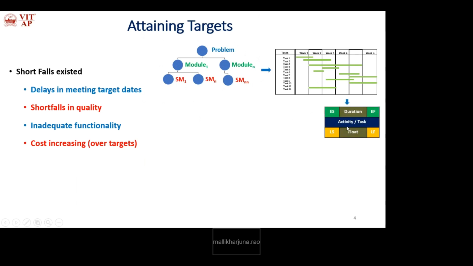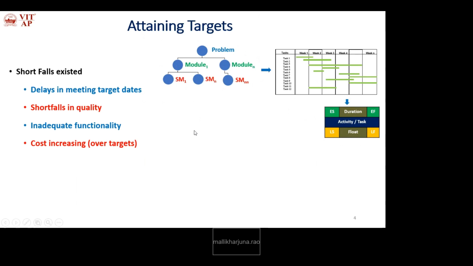This schedule is further divided for every task. Every task has six parameters. The six parameters are the start time of the task, the corresponding end time, and in between, the actual duration that is given to finish this task. And the latest start: by any chance, if this task is not started by this start time, what is the maximum waiting period that we can wait, that is float. According to that we have to start, the latest start. If the task is started by this time, we have to finish the task by this time, the latest finish.